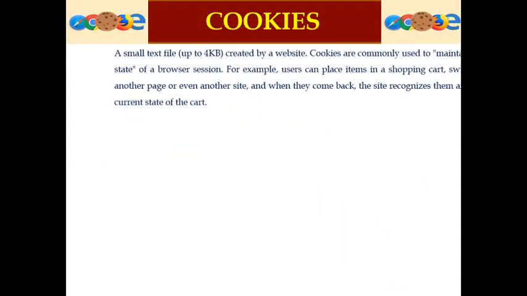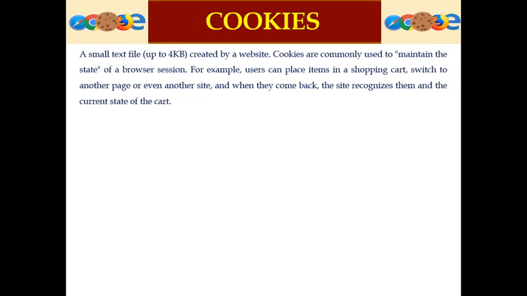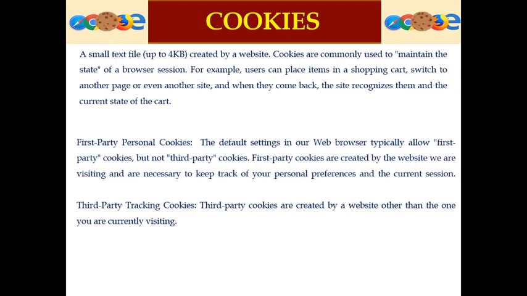Coming to cookies. A cookie is a small file created by a website. Generally it is considered as maintaining the state of a browser session. Suppose we are performing a transaction using a web browser and accidentally the web browser is closed, and we reopen the web browser after some time, we will get the same information with a message to reopen the previous session.